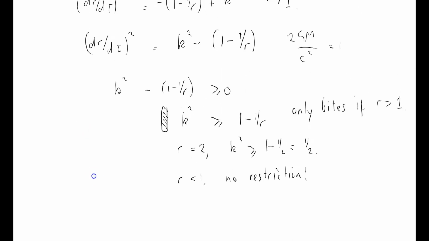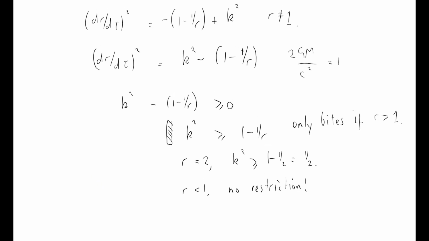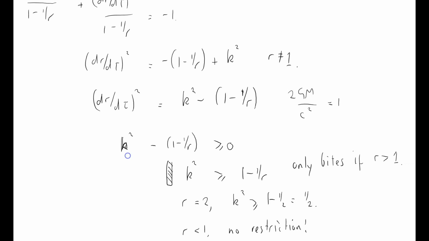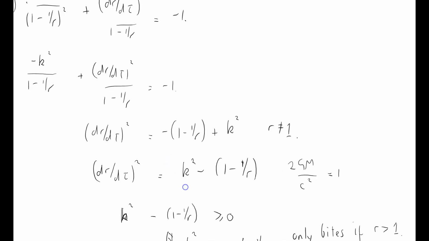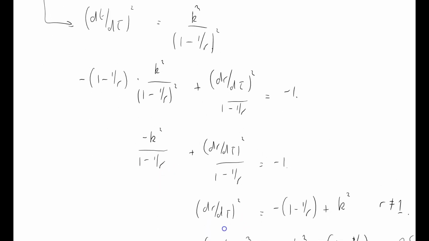Right, I'm going to stop there because I think we've got quite a nice little result here. We've got an energetic constraint, and I'll show you what it means in the next screencast, but I'm going to stop here simply because I don't want this one to get too long. Now that I've got my expression for dr by d tau, I'm going to substitute that in the next screencast into